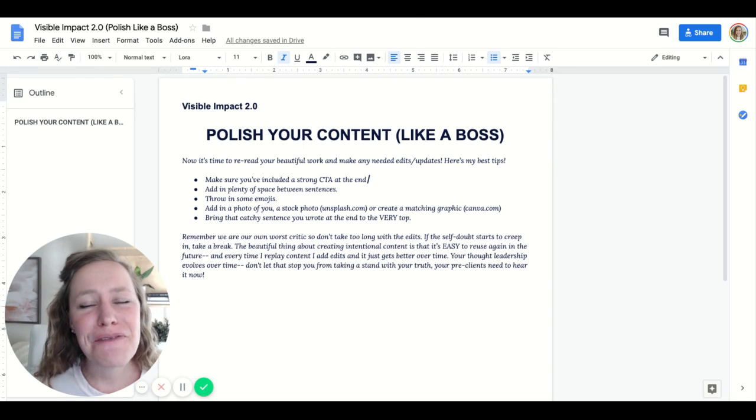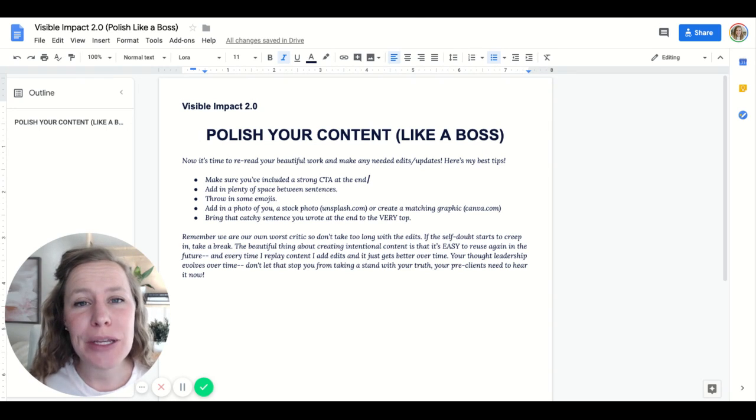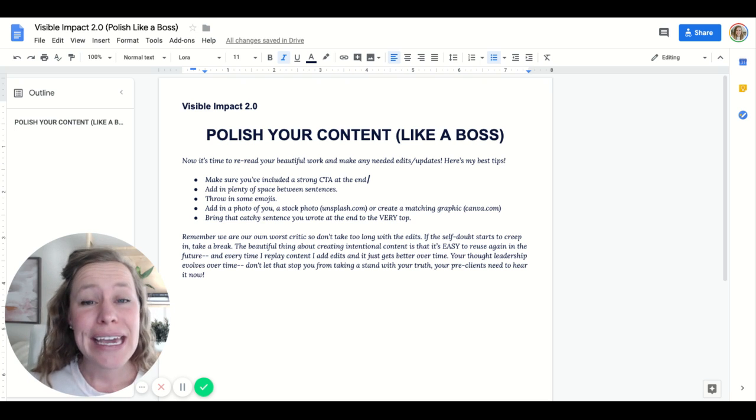I wanted to share my 5 favorite tips for polishing your content. Notice it's not 20 tips. I don't want you to spend too long polishing your content, but after you proofread your content, here are some fun ways you can really add some spark when it comes to showing up in a way that stands out